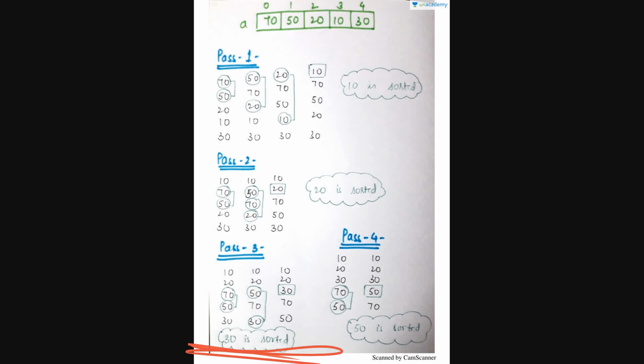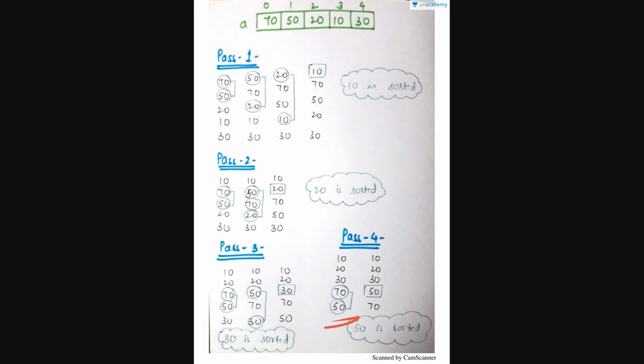Then after that, we'll have to move on to pass 4. Here in pass 4, we have to write this sequence itself. That is 10, 20, 30, 70, 50. Now 10, 20, 30, all these 3 are sorted. So the remaining 2 elements now are 70 and 50. 70 is the larger element. So we have to check the smaller element than 70. So obviously it is the last element, that is 50.